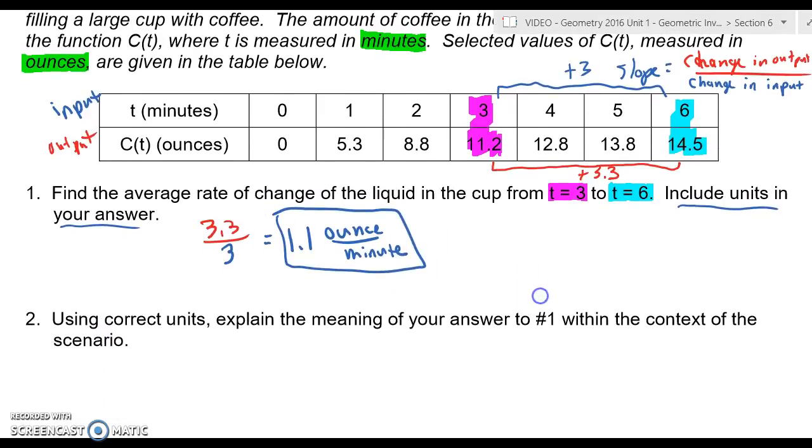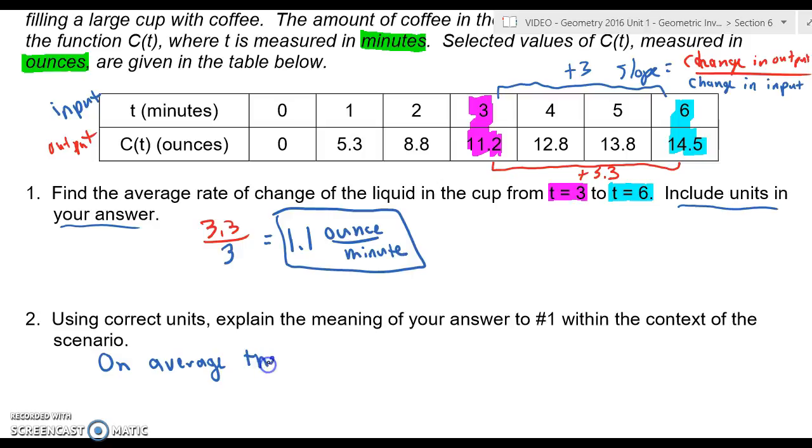Part 2 of that question says, using correct units, explain what that means. Explain the meaning of your answer within the context of the scenario. When I have average rate of change, here's what I'm always going to say when I have a question like this. I'm going to start off with "on average," because this is an approximation. It's not exact over all time periods. It's just on a particular time period. So on average,